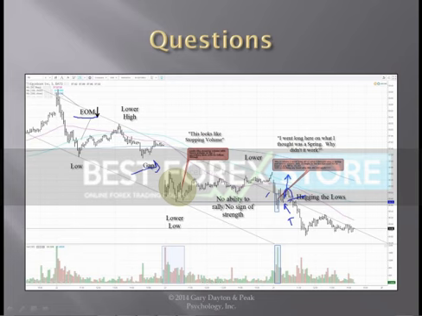Let me put it this way. If you haven't traded springs a lot and you're not intimately familiar with them, then my suggestion is you don't trade them in a downtrend, especially if a downtrend is just getting underway. And I can't really tell from this chart if this is just getting underway or if it's been going on for a while. You really don't want to trade springs in a downtrend. They don't have the same odds as other springs do.